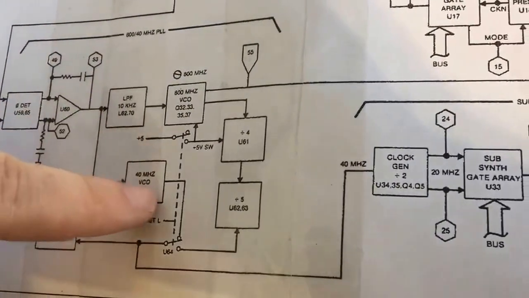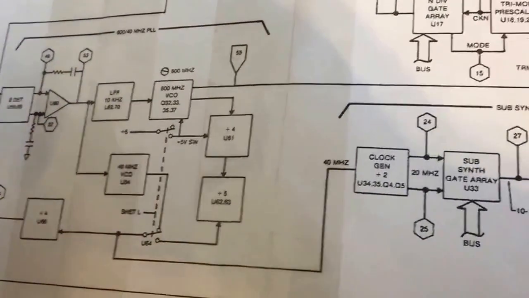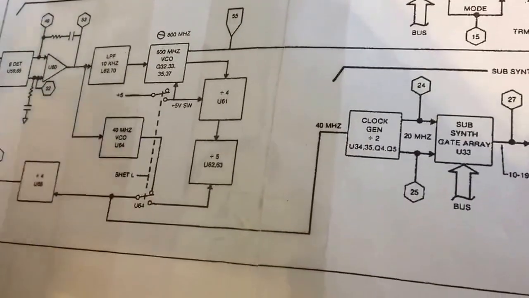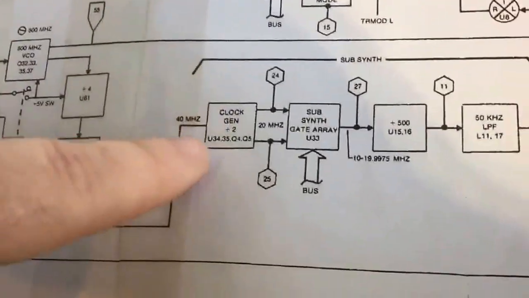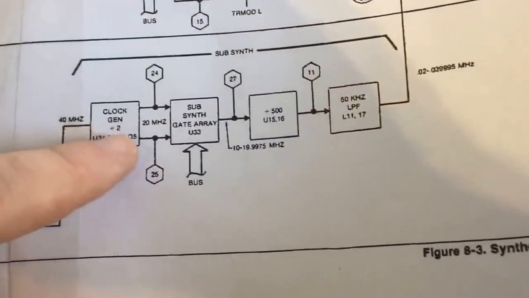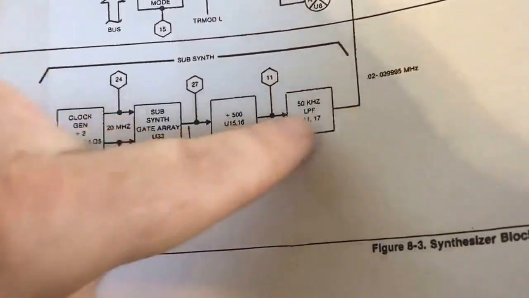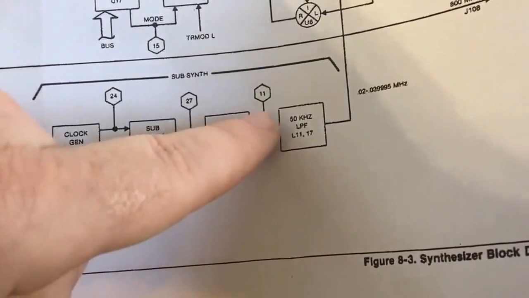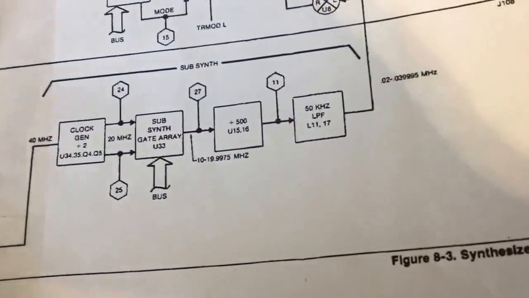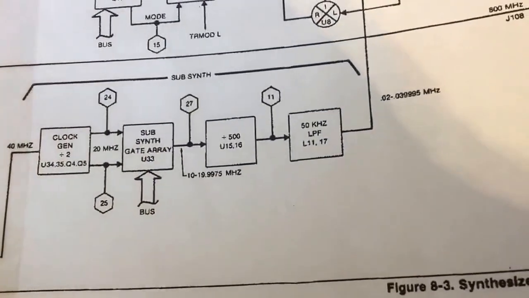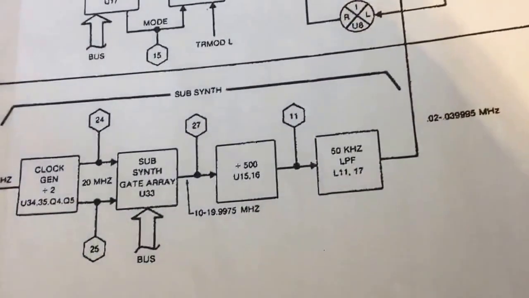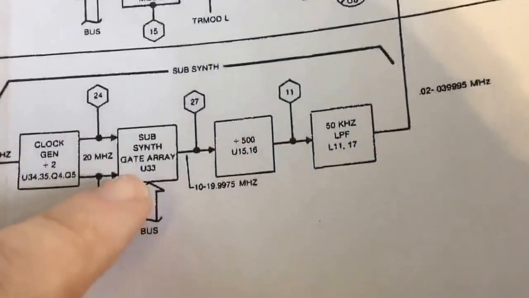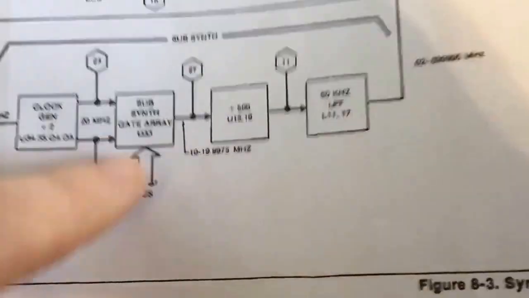So I thought I'll just check this path out, and that goes back round that way. I was looking through here to try and determine whether any of this could be playing up. So I've hooked onto test point 11, and what I'm just trying to assess is whether the subsynth gate array is playing up,